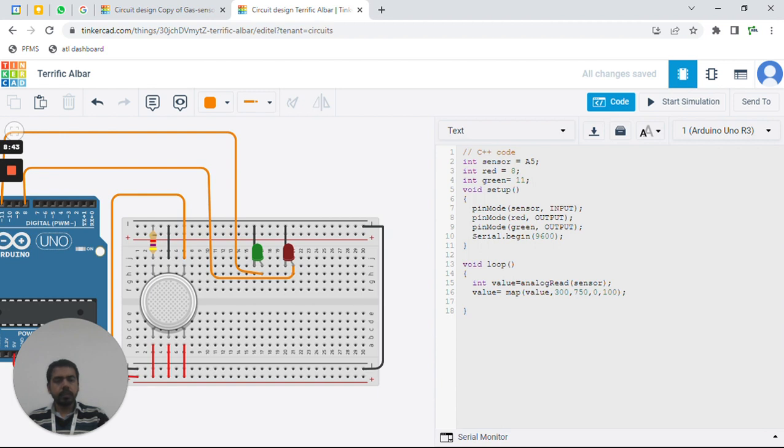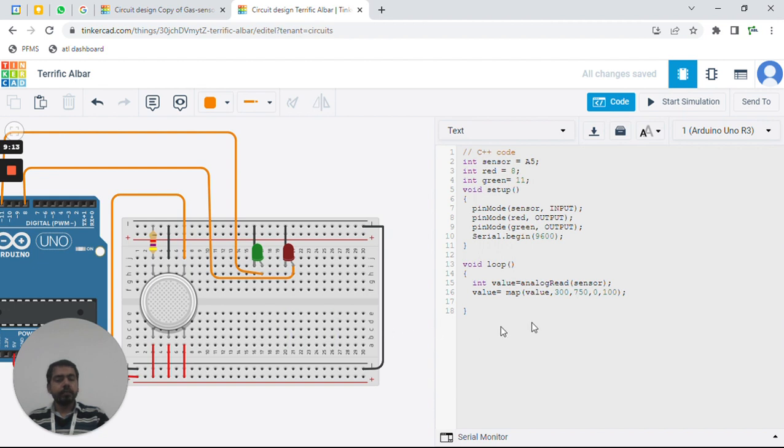So let's look at the void loop. Void setup is clear because we have just defined the pin mode and started the serial communication. In void loop, we are initializing our integer value, taking the value as an analog read of the sensor, and then we have mapped the value.